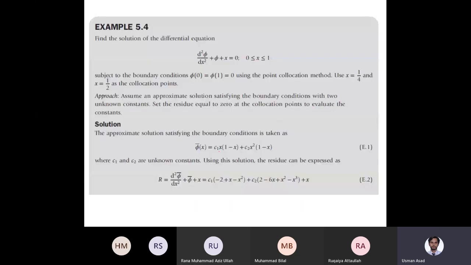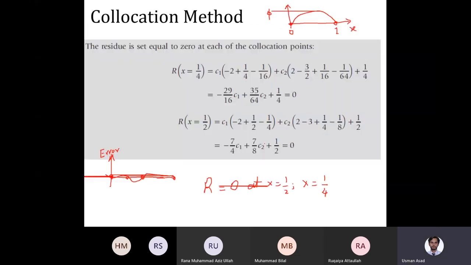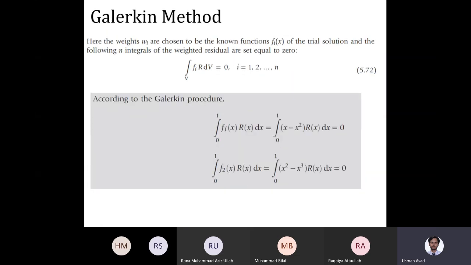Remember के our functions, this was f1 and this was f2, right? ये f1 है और ये f2 है. ठीक है? So in the third method called the Galerkin method, what we are doing is f1 multiplied by the residual का integral over the entire domain को भी 0 put कर दें. f2 multiplied by the residual का integral over the entire domain को भी 0 put कर दें. ठीक है? So once again these just become functions of c1 plus c2. So ये भी जो है ना some constant times c1 plus some other constant times c2 is equal to 0